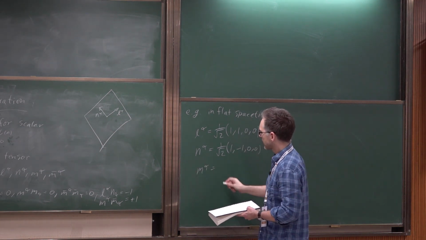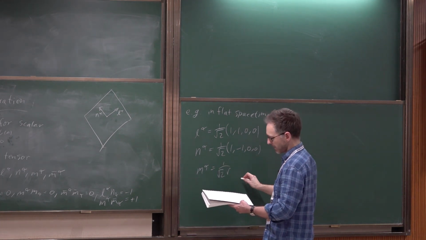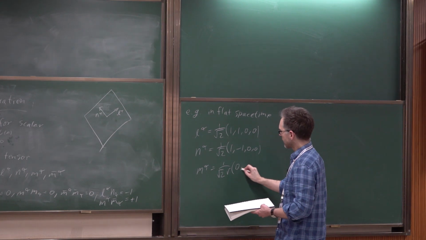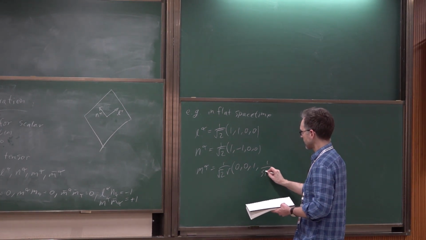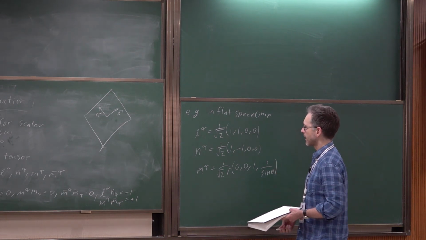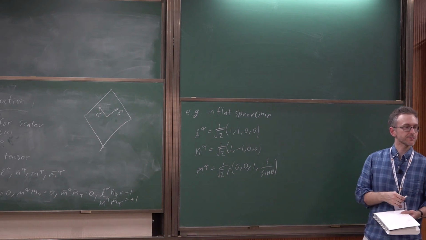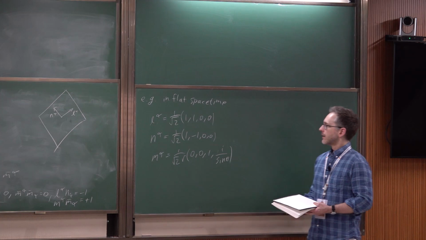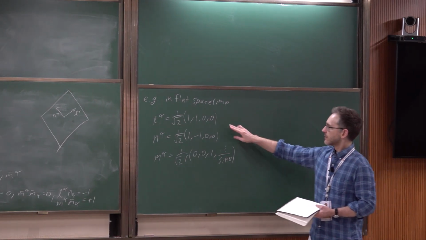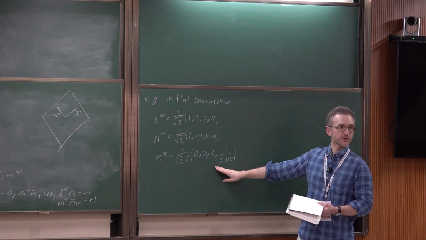M alpha is 1 over root 2 r, (0, 0, 1, i over sine theta). And M bar is just the complex conjugate of that, so I just changed the sign here. So the important thing is this is radially outgoing, this is radially ingoing, this is tangent to the sphere, and